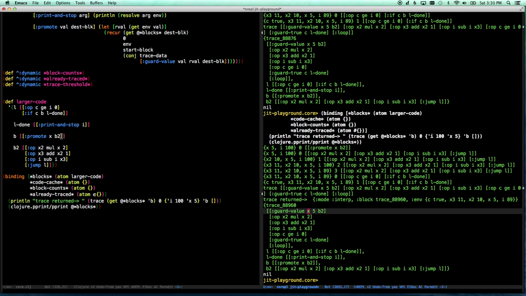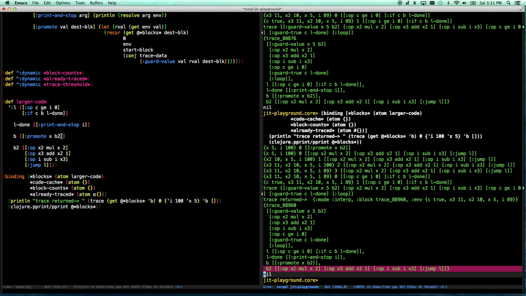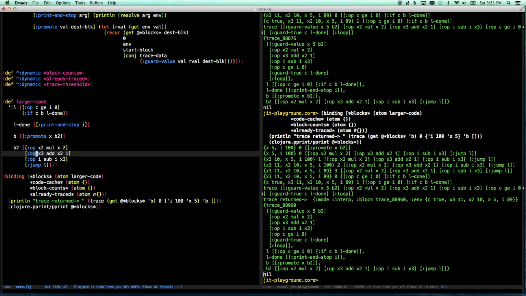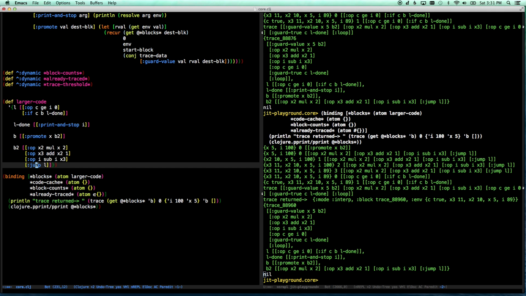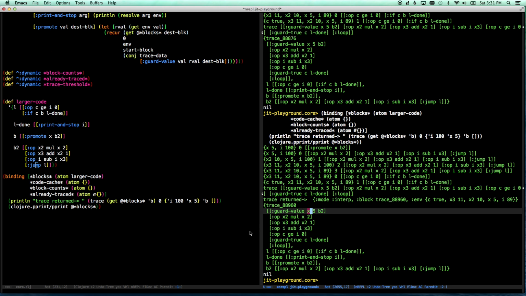Now, if you remember in the last part, we talked about partial evaluation. The next thing we want to do, and we're not going to do it today, is run that partial evaluator over this trace. And whenever we see a guard value, we can turn this value into a constant. So X is not a constant, it is a guarded value. So it says, if we get to this point in the code and X is no longer 5, then go to B2. And B2 kicks us back into the normal bytecode that we would normally execute, and we go into the slow path. Then, if we know the value of X, we can constant fold this instruction and this one